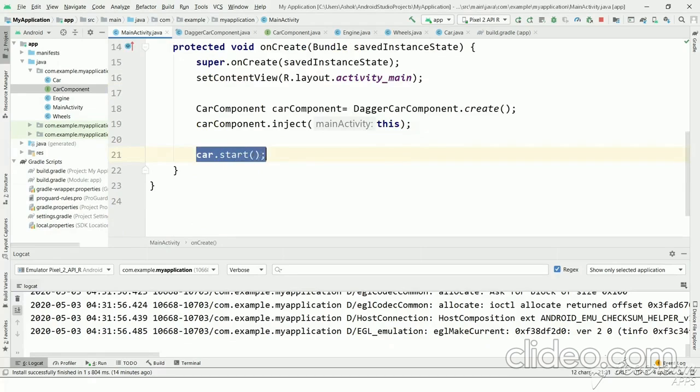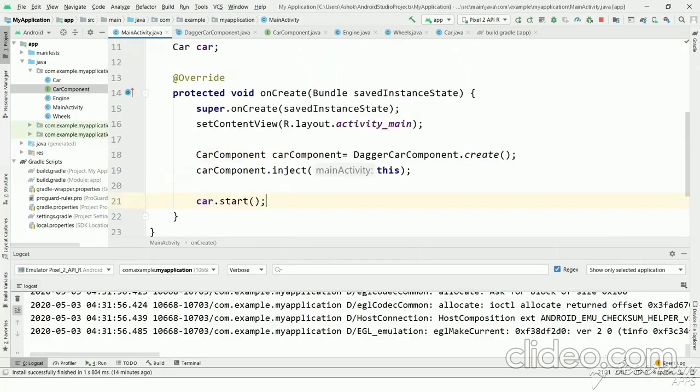Finally, we will call car.start, which will call start method and print driving. So in this video we will see method dependency injection.